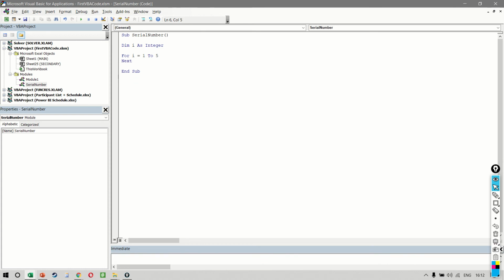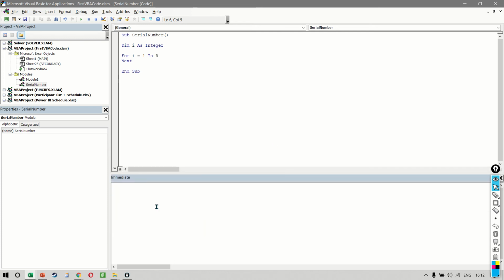And then how do you see whether the result is coming properly or not? To do this, like I said earlier, you can now use your embedded window, and I can write debug.print I. Now see what happens. The moment I run my code, so I can click on the run button here, you notice it gives us 5 numbers from 1 to 5, and this is exactly what we wanted.